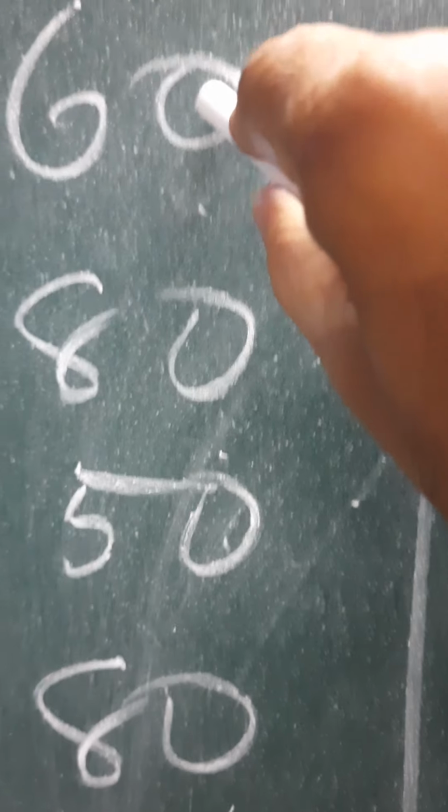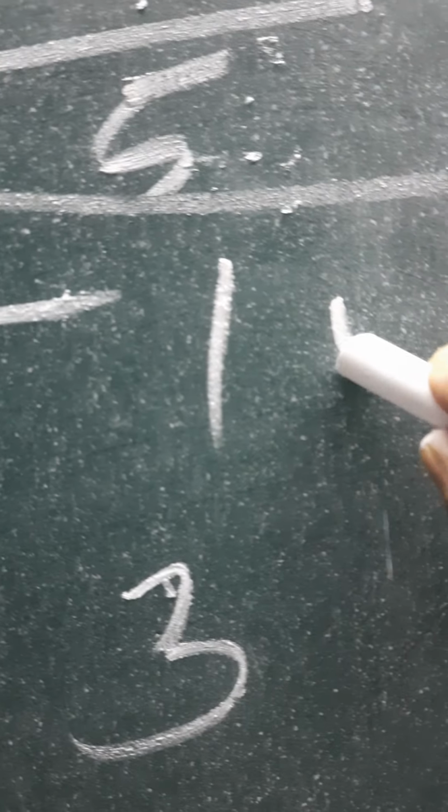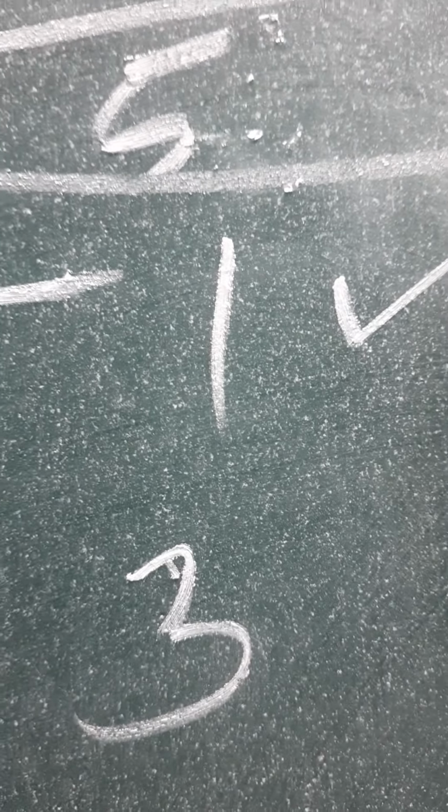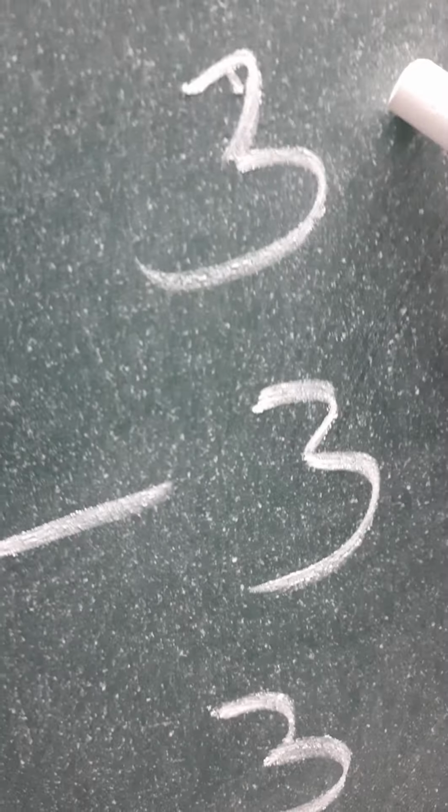So x minus 65 by 5. X is 60. 60 minus 65 divided by 5. 60 minus 65 is minus 5. Divided by 5, minus 5 divided by 5 is minus 1. And therefore, the first u is minus 1. Then next one, 80 minus 65 by 5, which is 15 by 5, equal to 3. Then 50 minus 65 by 5, we get minus 3. Like that, all the values.